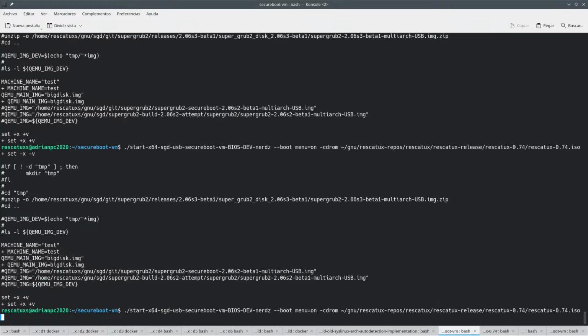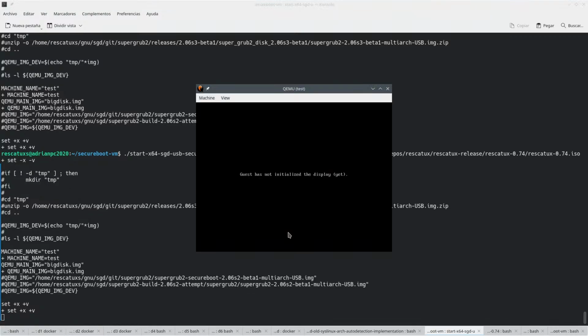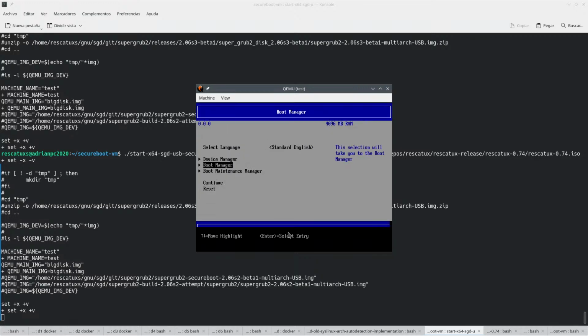I hate all of this. Rescatux release, Rescatux ISO. I mean, this is not going to work unless we put in